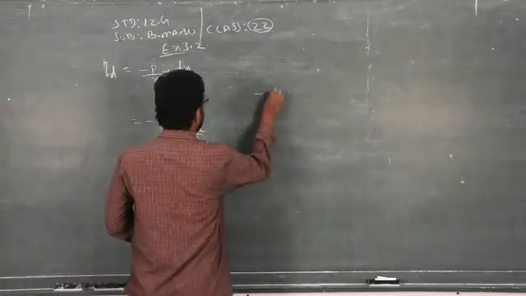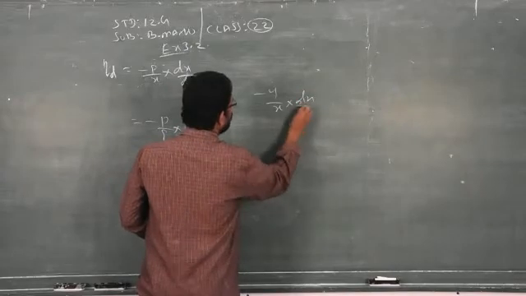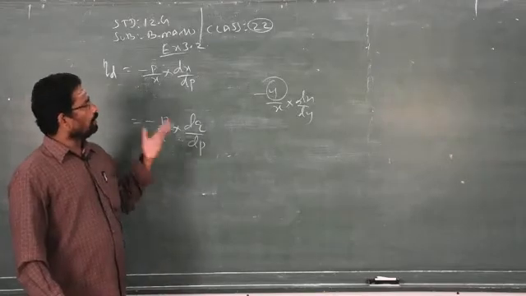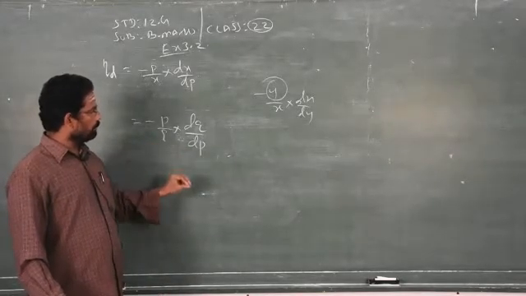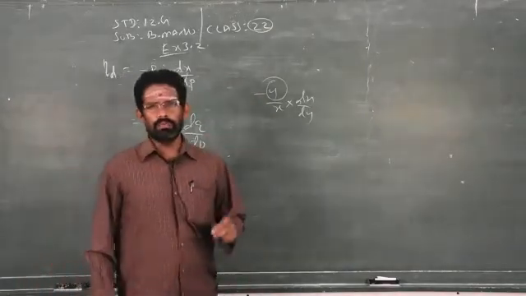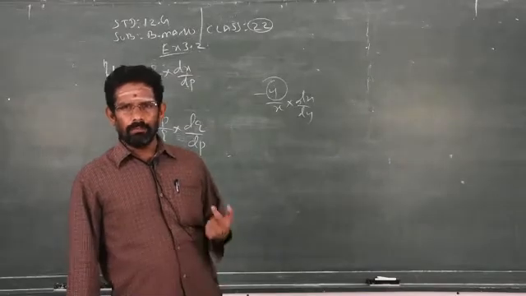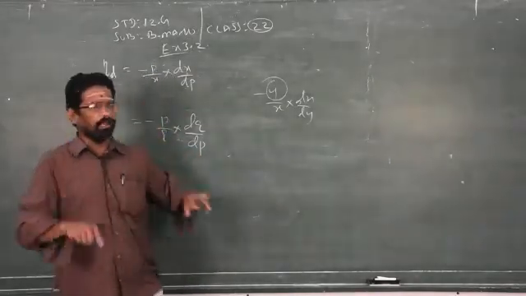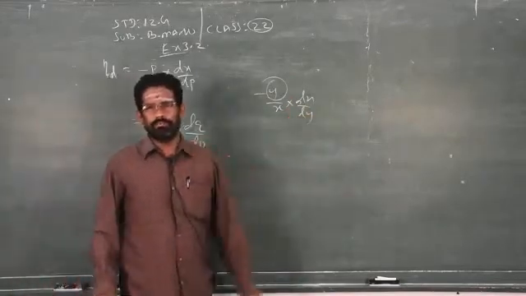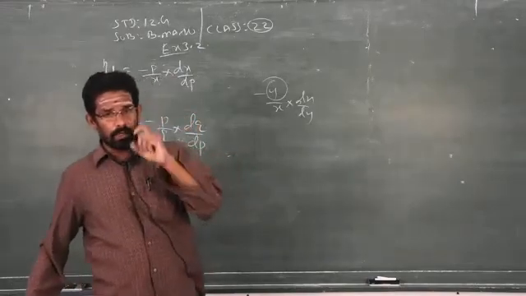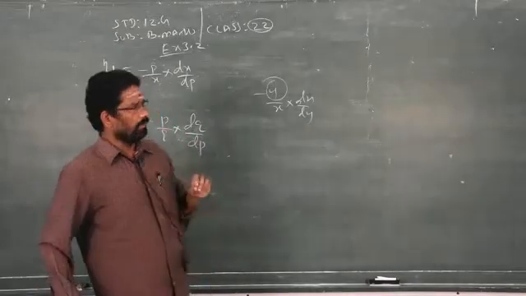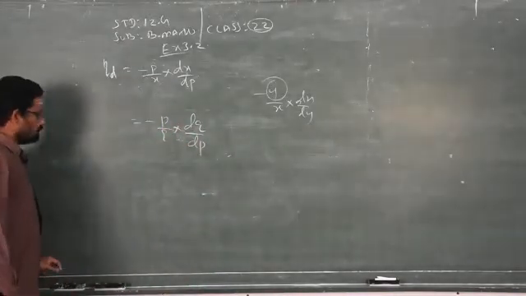Sometimes it may be like this, minus y by x into dx by dy. So y refers to price, x refers to number of units. So you keep some information in your mind that price is always in the numerator, and the number of units required, the demand, is in the denominator. That way you keep it in your mind. The differentiation of this reciprocal will be the next factor. The price should always be in the numerator.